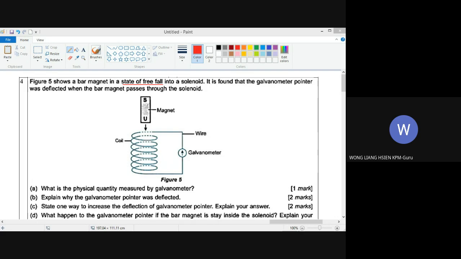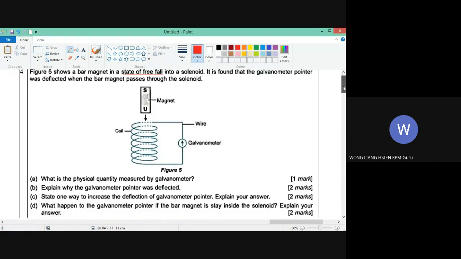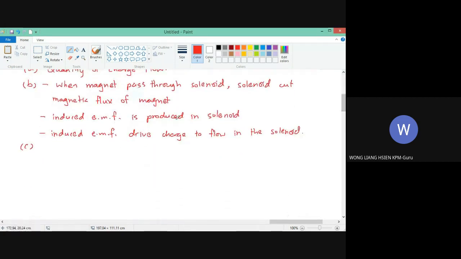Okay, sorry, continue. Okay, so I give you answer for all three methods of increasing